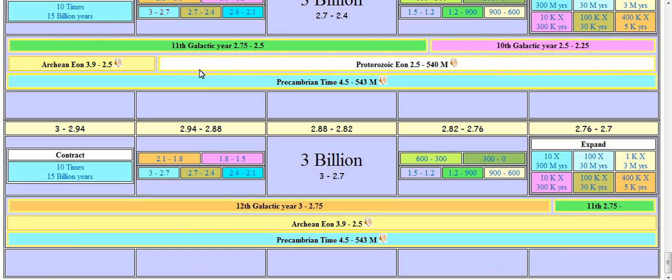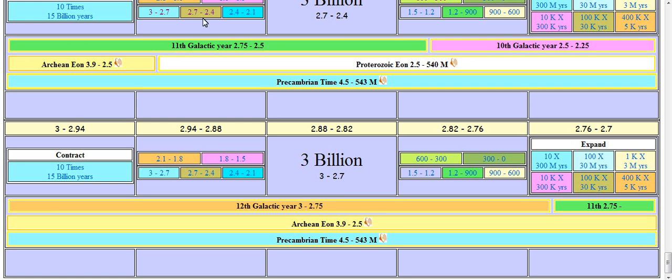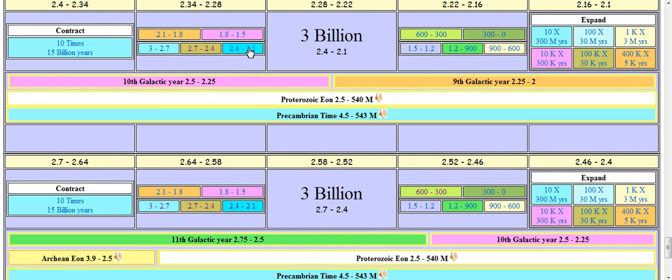So this is the 11th galactic year. Now, a galactic year is a revolution of the galaxy. So then the Archaean Eon, and then we can trace ourselves forward in time. See, here's the oldest one, 10th galactic year. So then the 10th galactic year comes in. For some reason, I have it screwed up. So we're in the second one, and then the third one. 10th galactic year goes into the 9th galactic year, and then